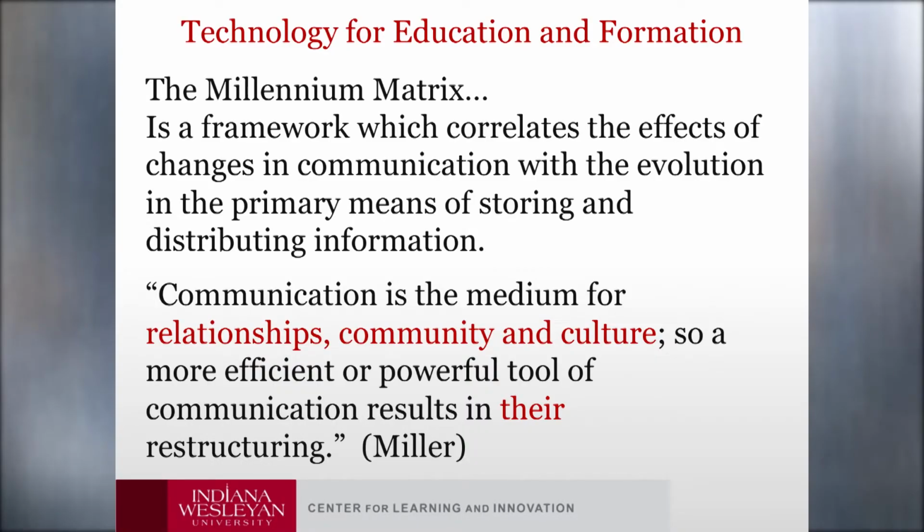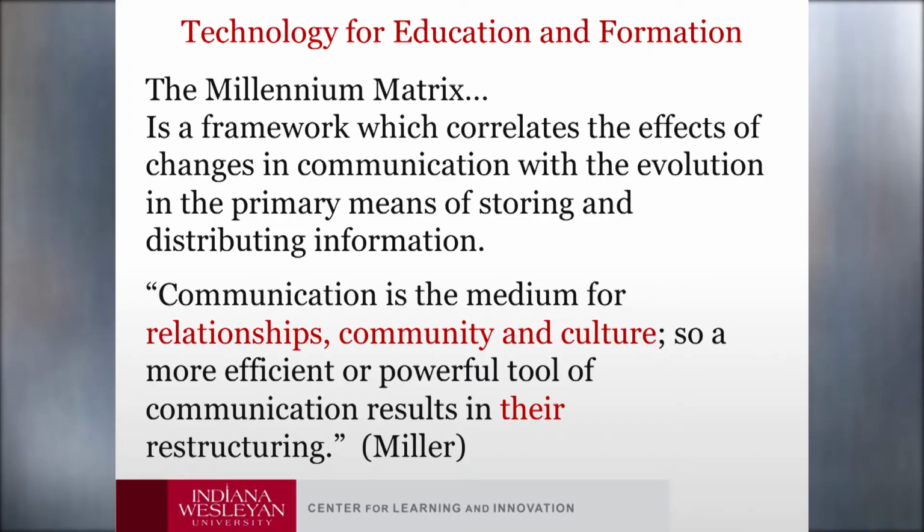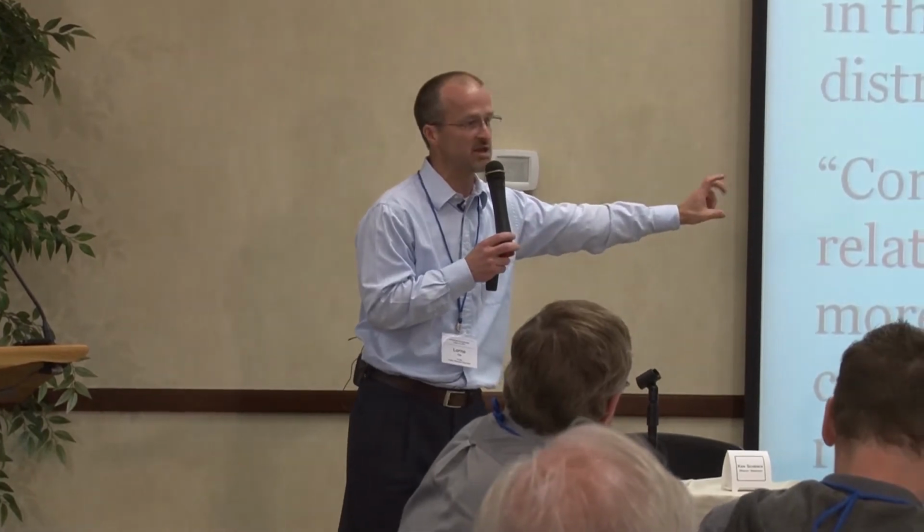There's a book called The Millennium Matrix that I'm really going to highly recommend to you if you've never heard about it. It's written by a guy named Rex Miller. And it takes communication strategies across all of the centuries, summarizes those, and says this is the impact that these things are making on our cultures and societies. And when I say matrix, at the end of the book, it's got a full matrix across all the different communication eras, from oral to print all the way through to digital now.